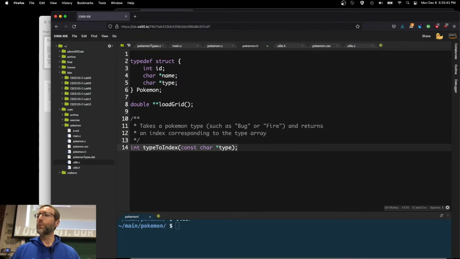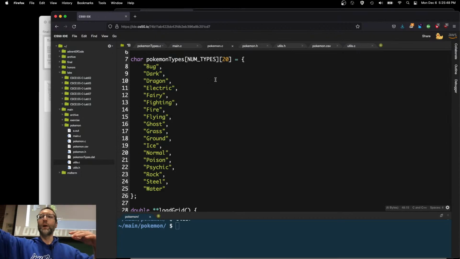Why is that going to be useful? Because then we can use that in our grid. If we've got, what were the lists again? If we've got bug, dark, dragon, electric, right? Then it's going to be bug, dark, dragon, electric. And then we can look up the attacking Pokemon, the defending Pokemon type, and then we can jump to that